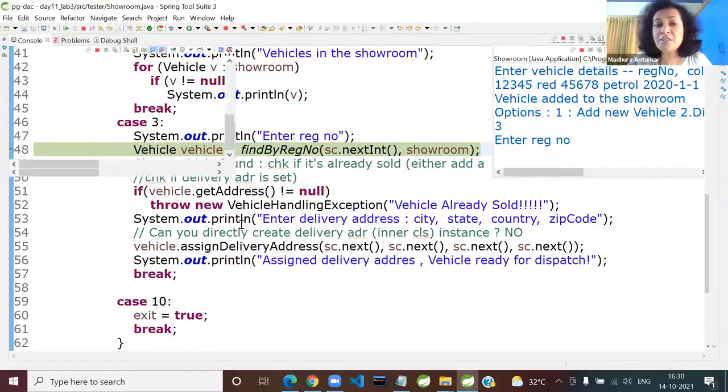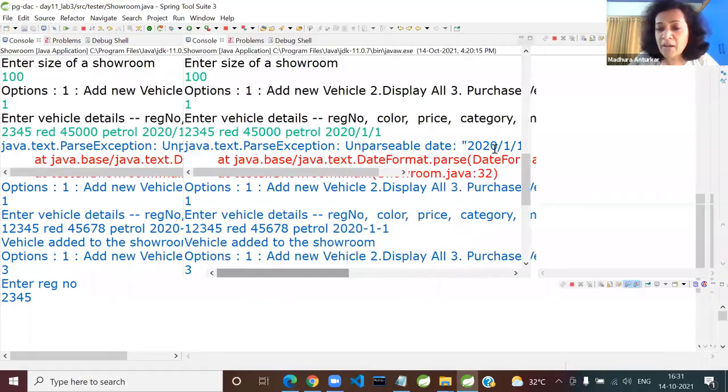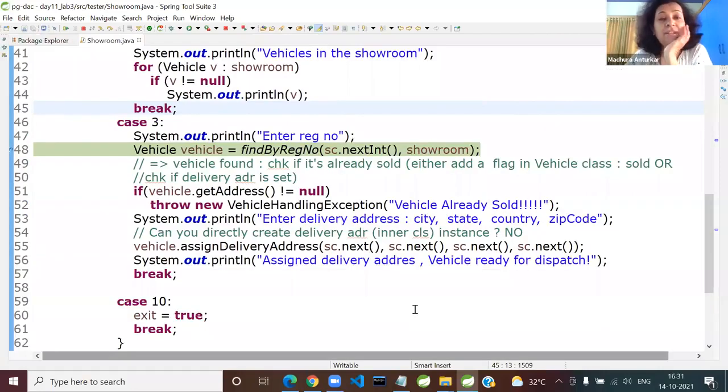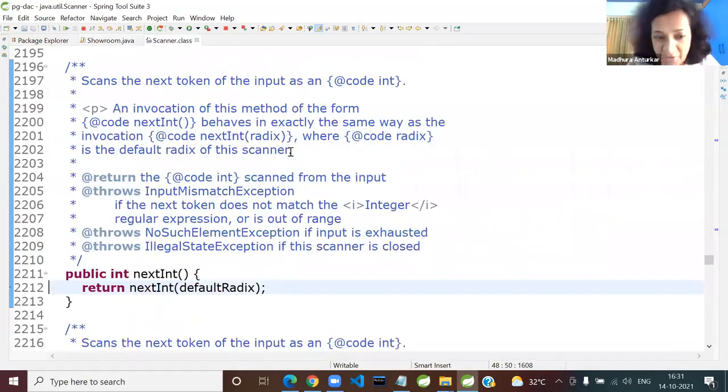So some of you who have still not understood the working of that finder method can go inside. So let me give the correct number. Okay, 2345. This is the registration number. So enter that, come back to the code, and now tell me, do you want to step over it or do you want to step into it? Step over or step into? Step into. So here there's a function key F5. So it has gone into nextInt first. So you can keep saying